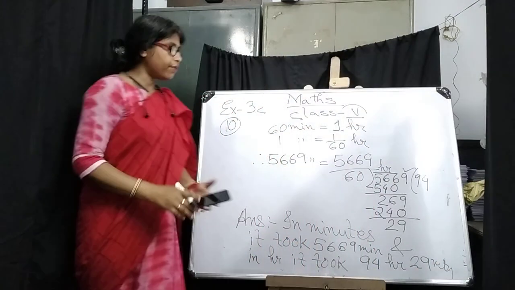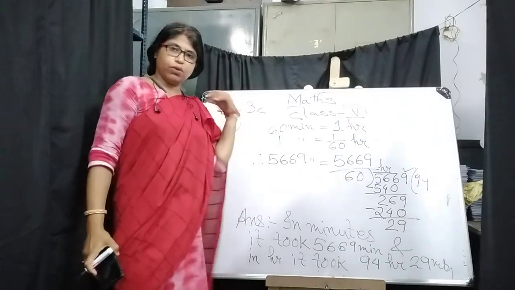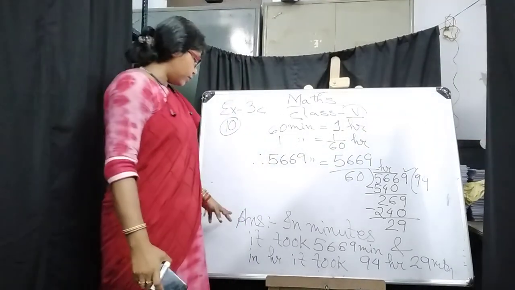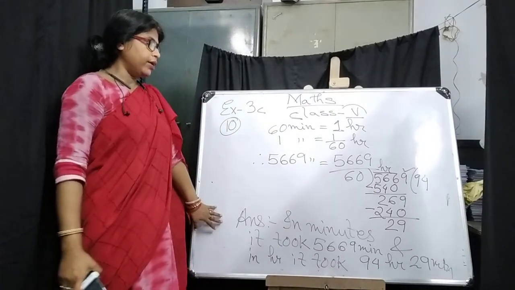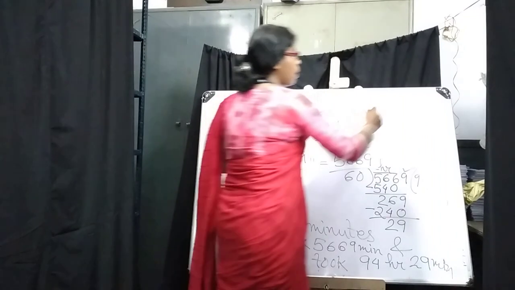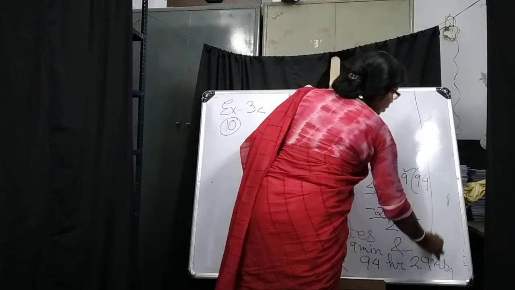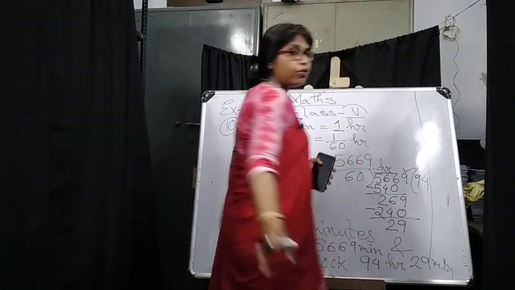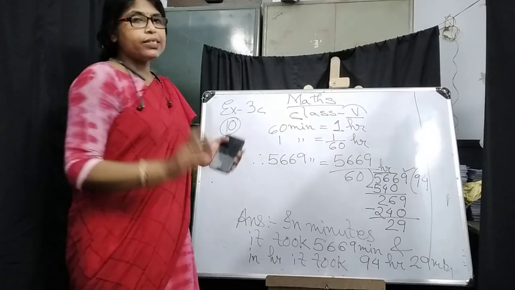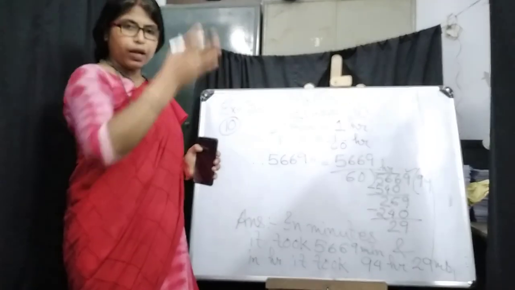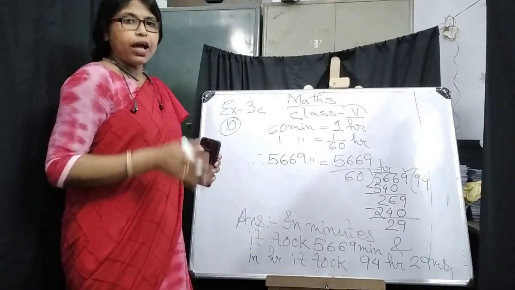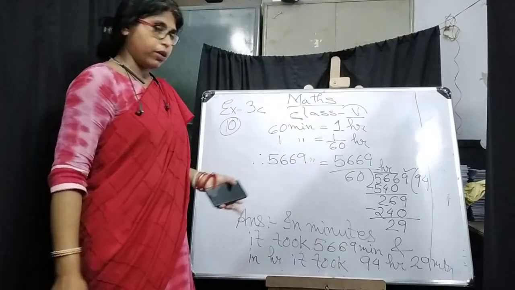Now my dear children, write the answers separately. Okay, don't forget to write the answer statement. Write it separately, and here you will draw a margin and do the rough work here, and don't rub it. At the right hand side of your exercise copy, you will draw a margin, and there you will do all the rough work.